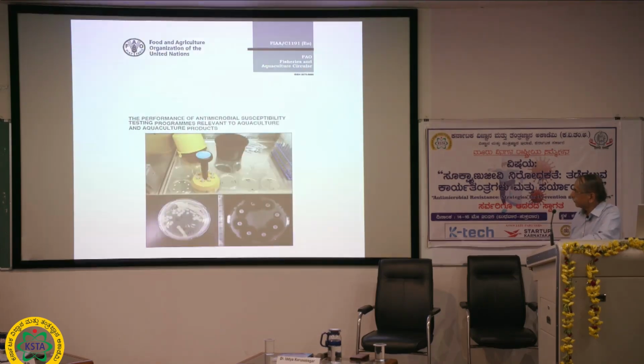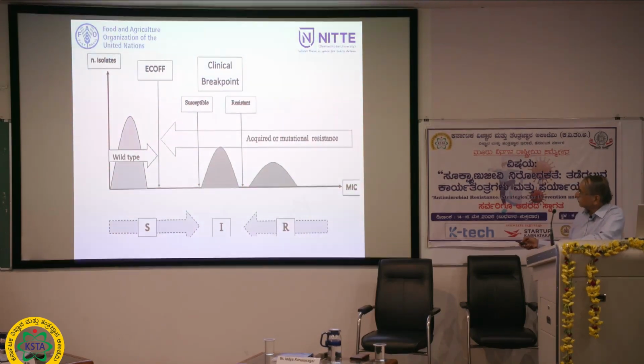So you can see where you differentiate between the wild type and the resistant ones, and then where you label them as sensitive. So these organisms up to here are labeled sensitive, and then it's intermediate, and then resistance. So you need data about a large number of strains to have this type of breakpoints, and for many of the medically relevant organisms we already have this, and it is being developed by the standard setting bodies like CLSI and EUCAST. But when it comes to aquatic organisms,